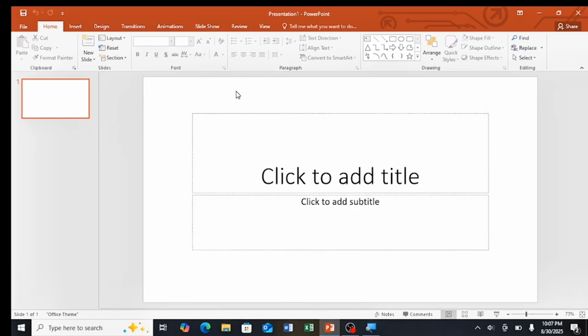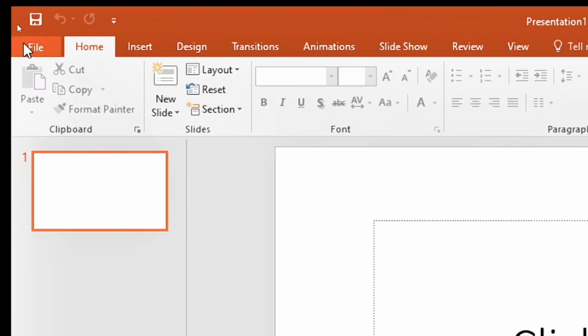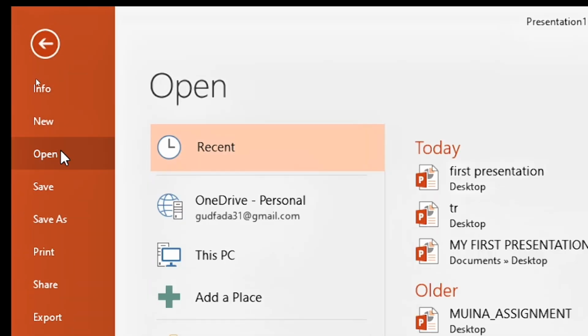And the first thing I want us to do is save our presentation. The reason why you have to save your work early is that it helps you prevent the loss of information as you progress with your presentation. So I will go ahead and go to the file menu and then save my work by using the save